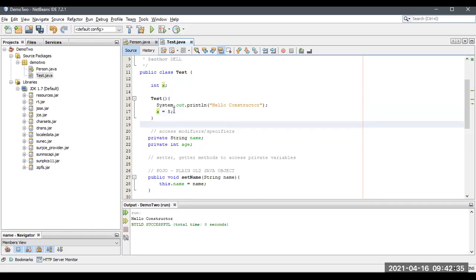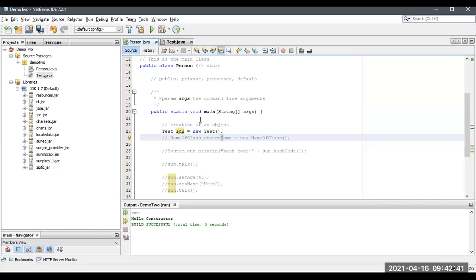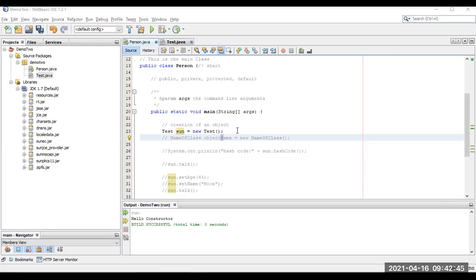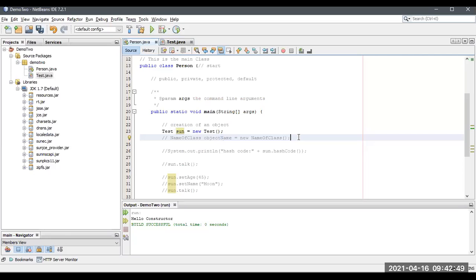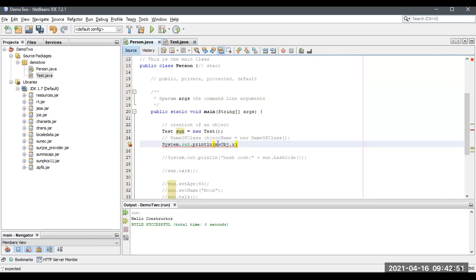Now I'm going to access this particular variable and print it outside the class. Here I'm going to paste this one. What is the error? Semicolon expected. Okay, the semicolon should be mentioned.